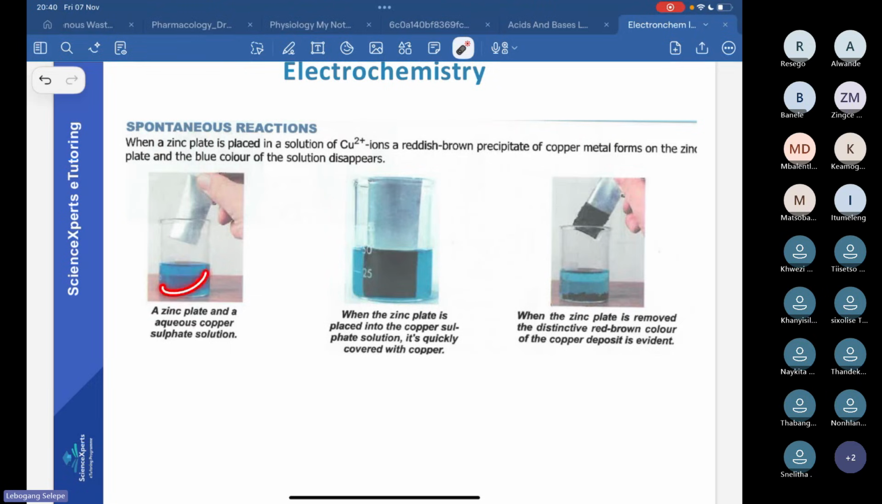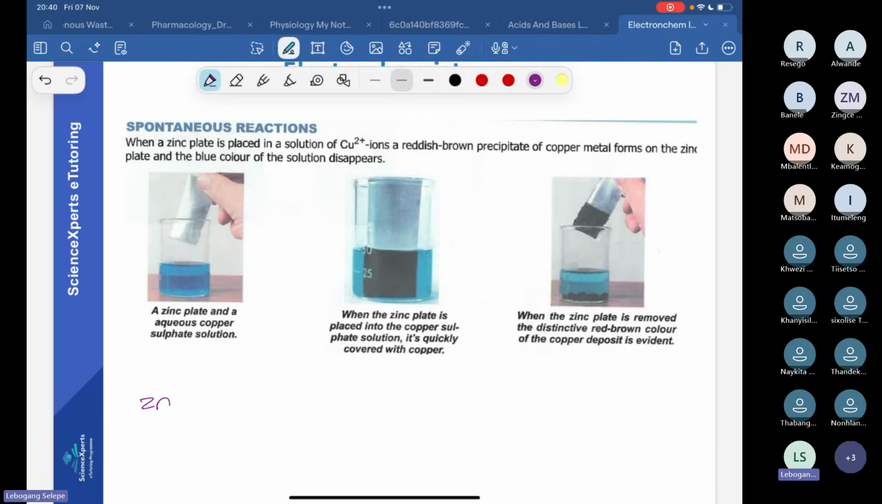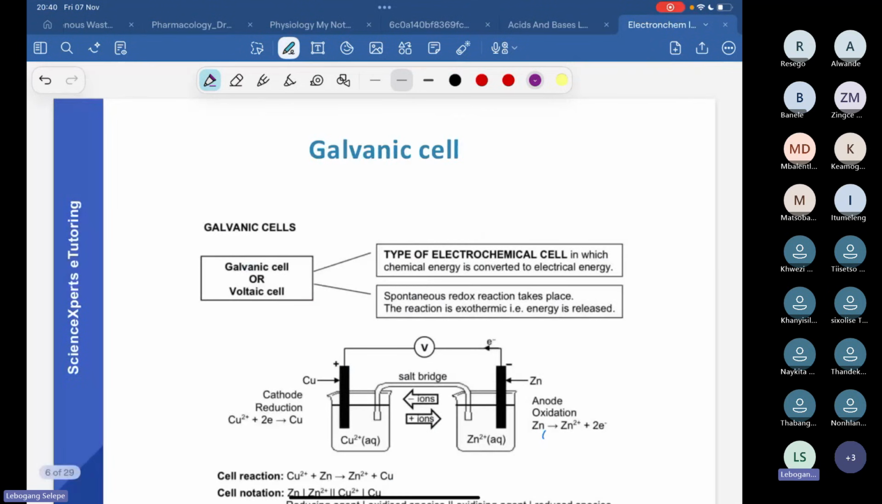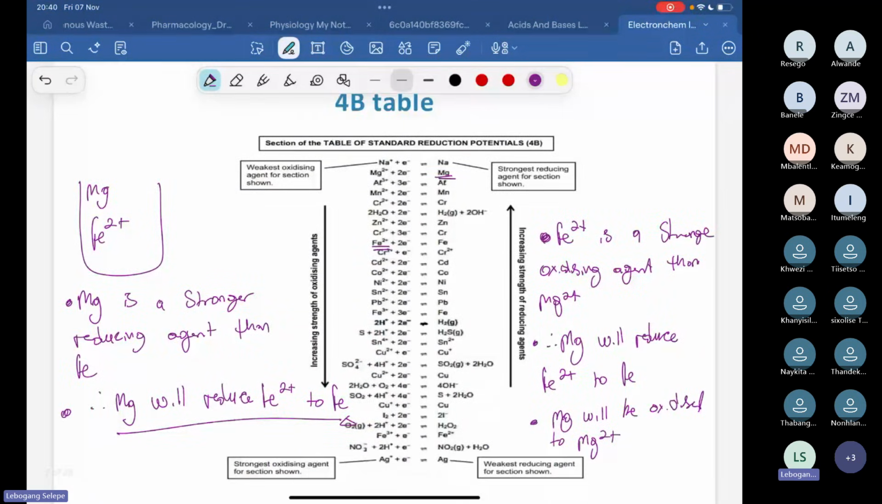It became dimmer. They also saw accumulation here of metals on the zinc chip, right? So we can explain why this is happening by explaining the redox reaction that is taking place here. If you check Zn, it's our donator of electrons, then Cu2+, it's our acceptor, right? So if we go here, you would see that